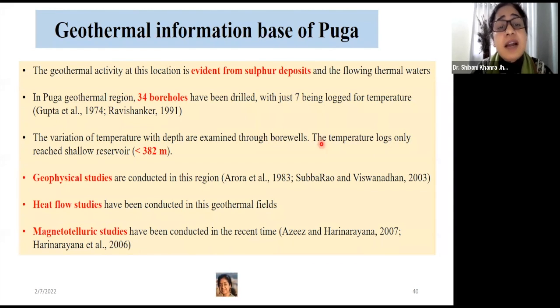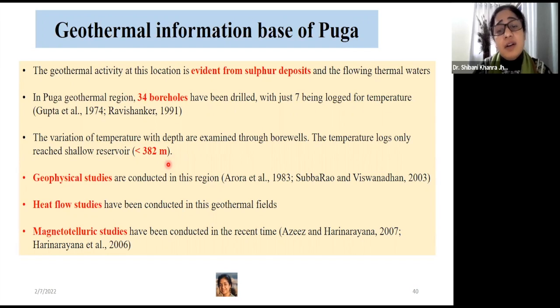As you have seen in the global scenario, geothermal reservoirs were explored to depths of 2,000 and 3,000 meters. However, here you can see it has only been explored till 382 meters, which is a shallow depth, so where the ground heat source zone lies itself. Now, some geophysical studies were also conducted in this region, and heat flow studies also indicate some promising